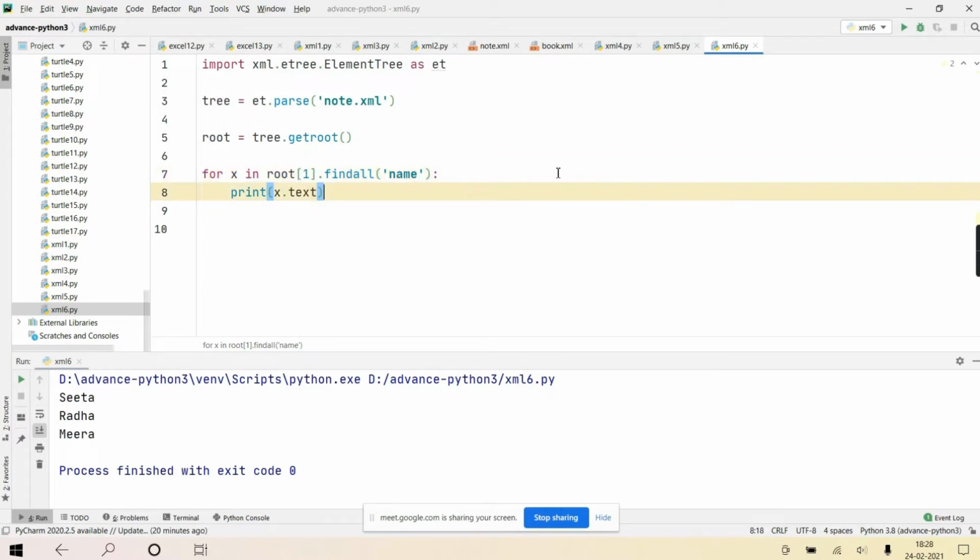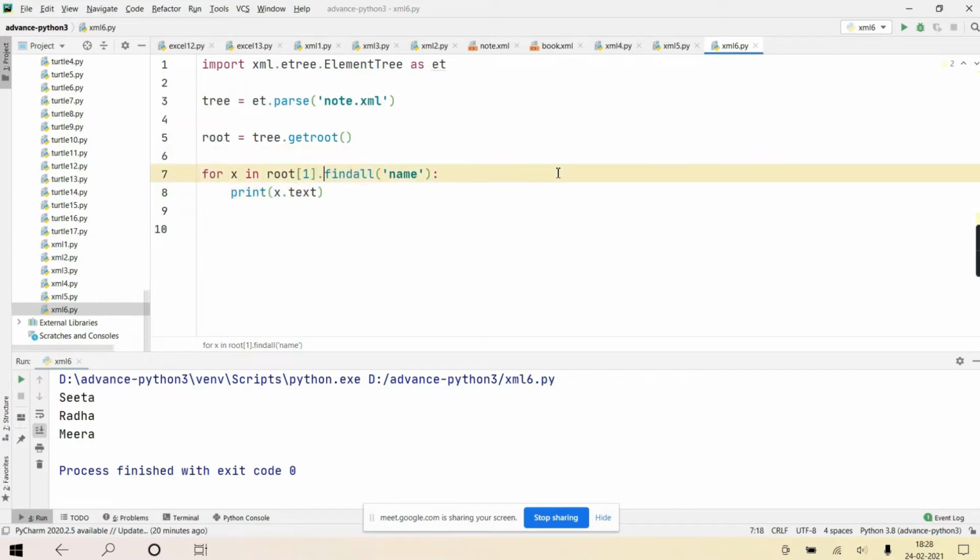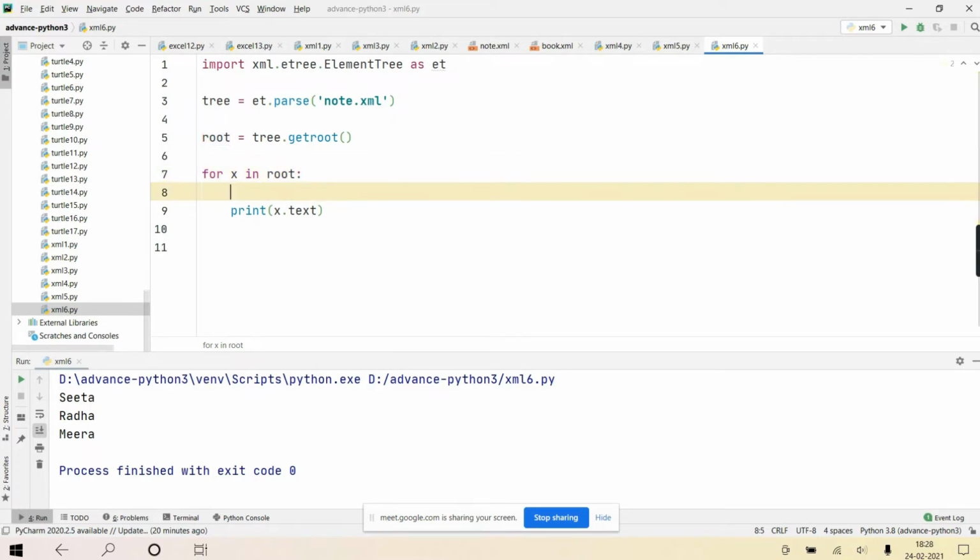Clear? You got it. And one small change I'll make. Suppose I write only root: for x in root. Now when I write for x in root, will it give each child of root?